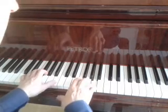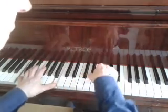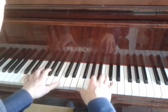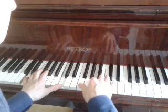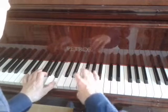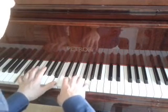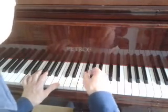Then by step to the G, and again by step. Or I'll start on another note this time. Again, just 2 notes per bar. And if you want to increase that to 3 notes,